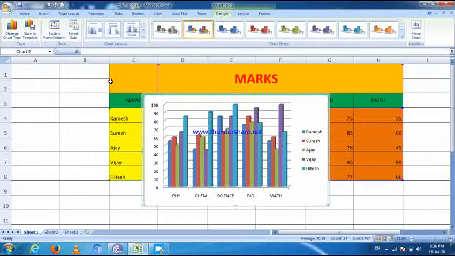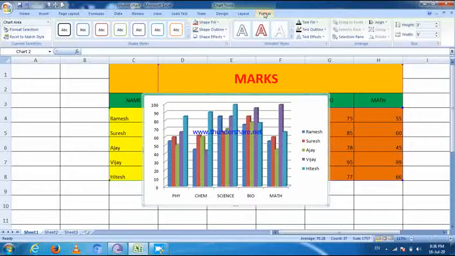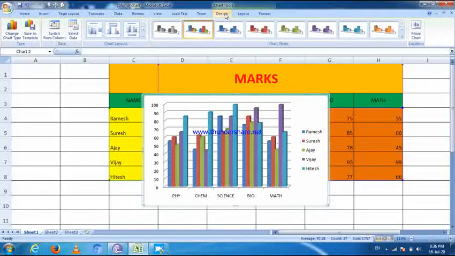Then the three tabs named Design, Layout and Format appear under the Chart Tools. You can see there are three tabs: Design, Layout and Format, appearing under the Chart Tools category on the ribbon.